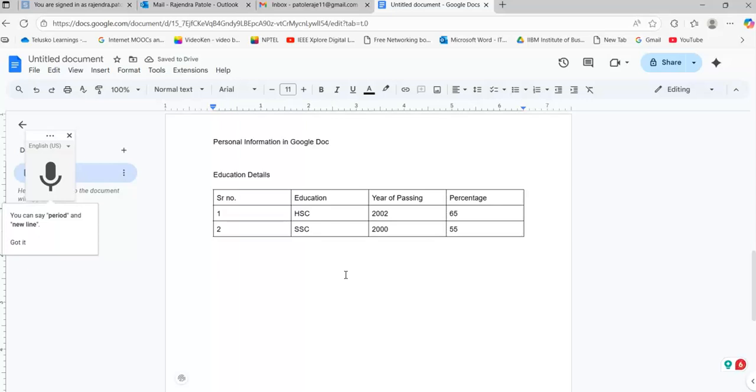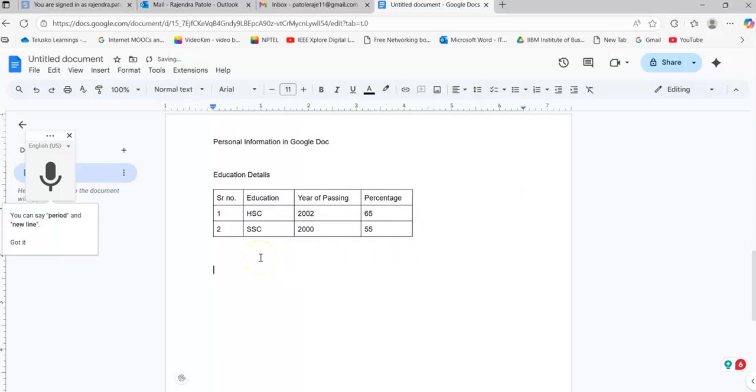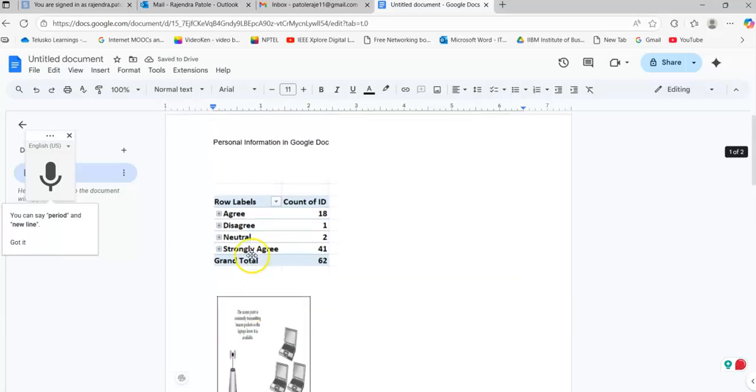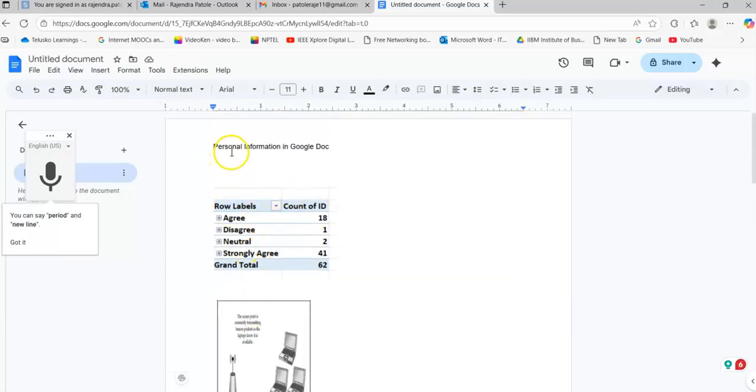This could be a real or wrong percentage which I have mentioned over here. Okay, this is how you can create a table for your educational details. You can arrange or modify the table by pulling these lines using your mouse. So this is how you can create your educational details and you can create your own resume for the same. So person information